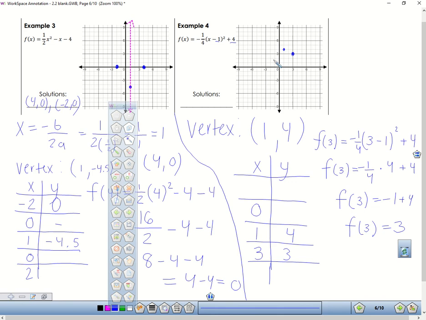Down. So right now I see that with a quadratic, if I draw my axis of symmetry in, we know that everything on that axis of symmetry mirrors itself, right? So if I have a point on the graph 2 units away over here, that means I also have a point on the graph over here, 2 units away, because symmetry, right? Now, if you were to draw a sketch of this so far with what we have,